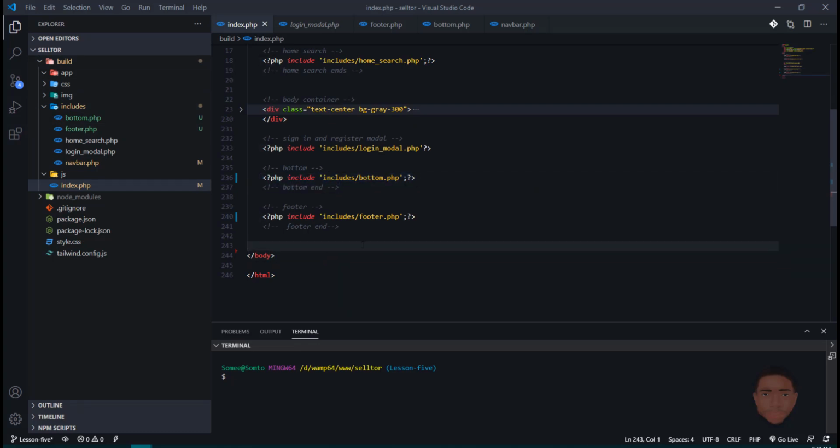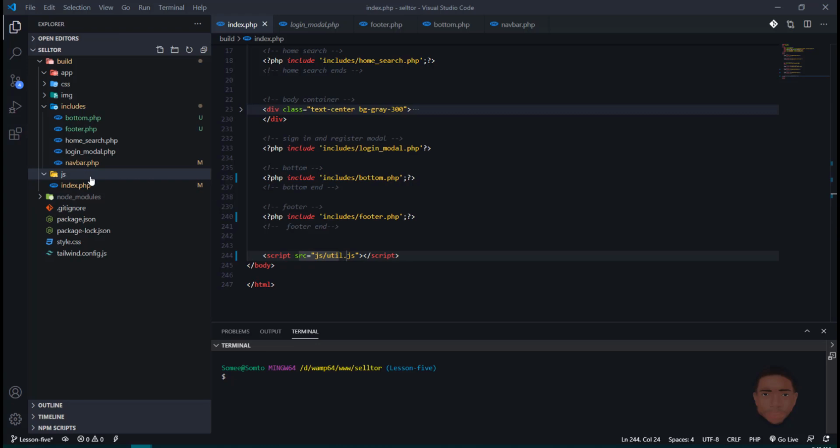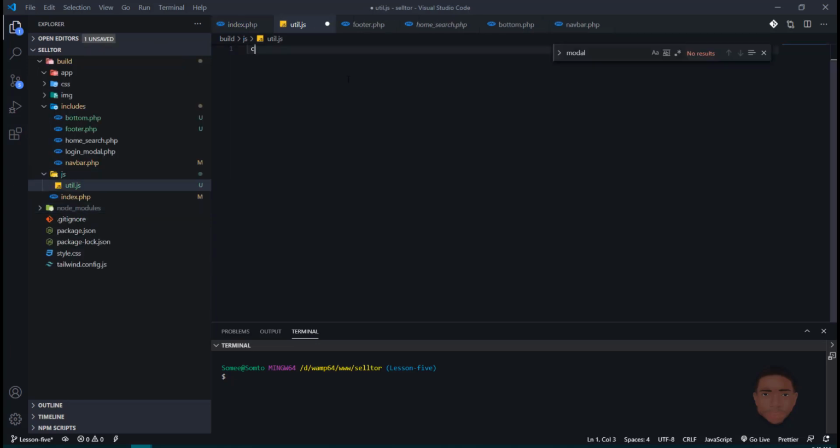So at the very bottom, just before my body, I'm going to include a script. I'll put it in my JS folder. Let me just call it util.js. Okay, so in my JS folder, I'll create a new file and call it util. I'll just create a const and call it open modal, and I'll say